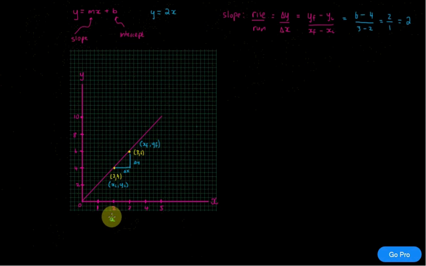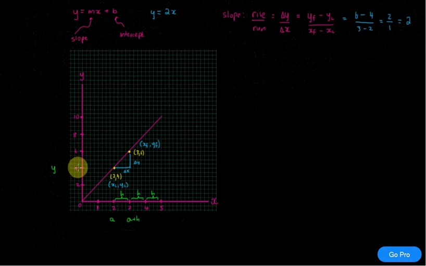Alright, so if I just call some point along this x-axis A, and some future point A plus h, where h is just this change in 1 unit. So that's just going to be h. So you'd see this over here would also be h, and this over here would also be h. So h is just the change in 1 unit of x. Okay, and in terms of y,